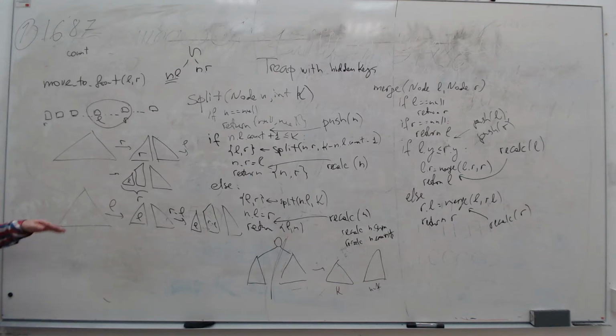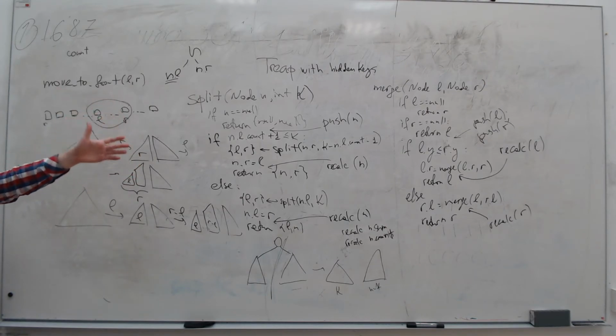So if you want everything to be more clear, then you should at first split by the right and then split by the left. And then you can simply merge, and merge doesn't change anything. So for example, you have a very strange data structure that can add X to the elements between L and R and move some of the elements to the front. That's a very interesting data structure. So this is the whole code that does this.